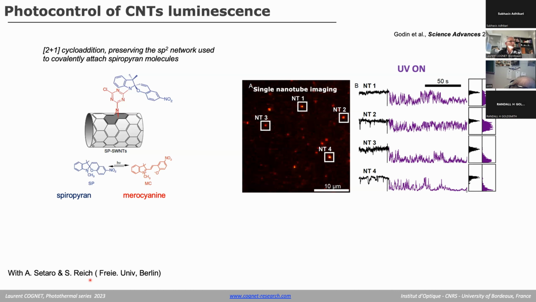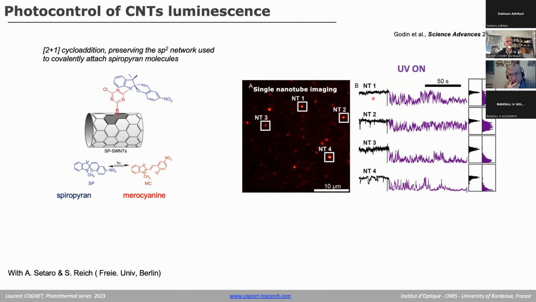So this is work done in collaboration with Stephanie Reich and Antonio Setaro at Freie University in Berlin. It is a cycloaddition onto the nanotube. And what Stephanie and Antonio did is to add a molecule well known to photochemists, spiropyran merocyanine, which has the ability to flip and change conformation if you add UV on this molecule. And it turns out that if you look at the single nanotube level of such nanotubes,